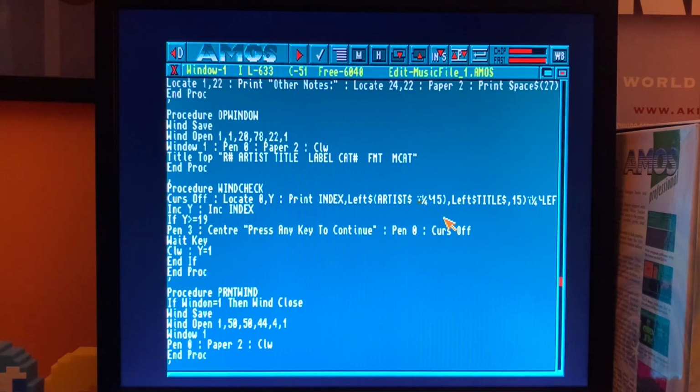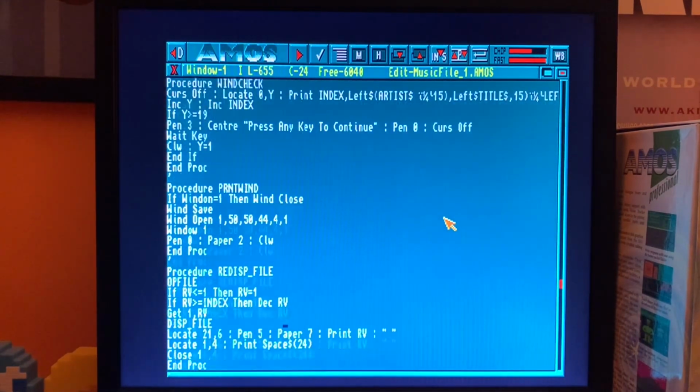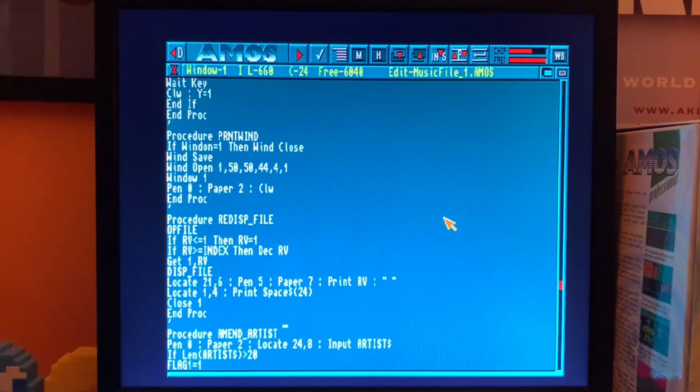This could have been in the conversion between macOS text and what's coming onto the Amiga, so the character set might be slightly different. There's probably some syntax errors in here as well. Who knows? There could be a number of things. So before I do anything else, the first thing I'm going to do is